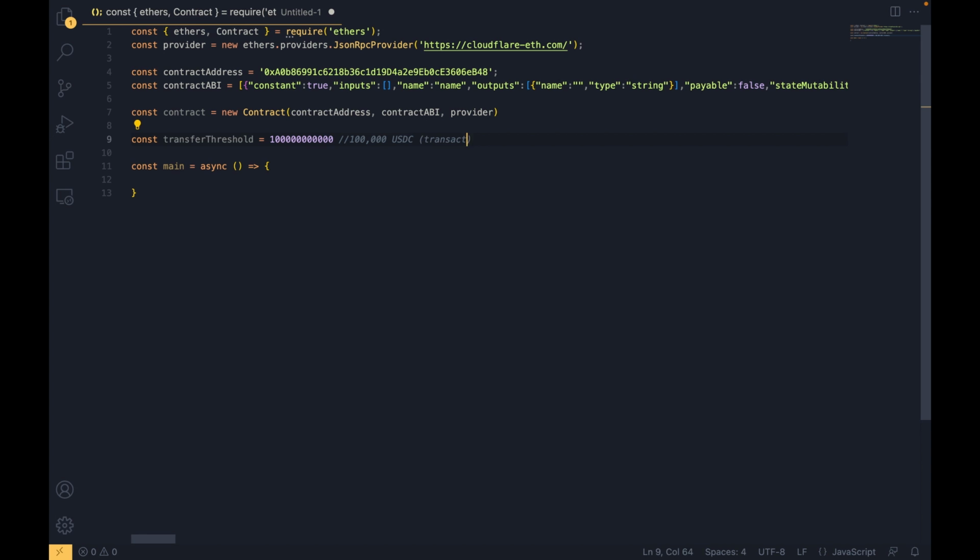Transaction involving more than this number of USDC will be printed, will be console.logged. So this is the threshold that we're gonna set, and in our async function, first let's make sure that this